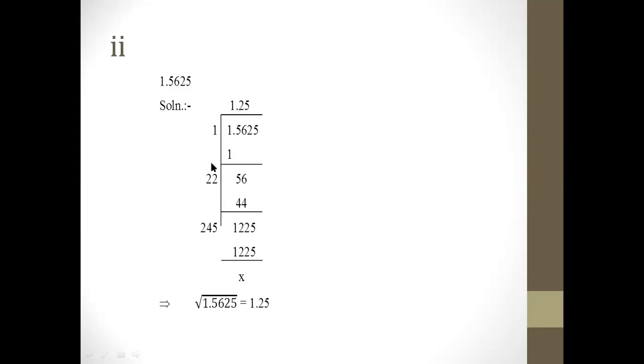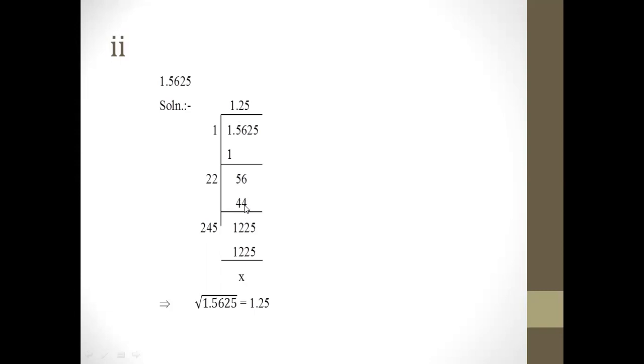You know that 1 plus 1 is 2. So with 2, you take the number which gives you 56 or less, but the same numbers. Look, when we take 2 with 1, it will be 21. 21 multiply 1 will be 21, which is less than 56. Then 22 multiply with 2 will be 44, which is less than 56. But when we take 23 multiply with 3, 3 3s are 9, 3 2s are 6, 69, which is greater than 56. Therefore, we multiply 22 with 2, we get 44.